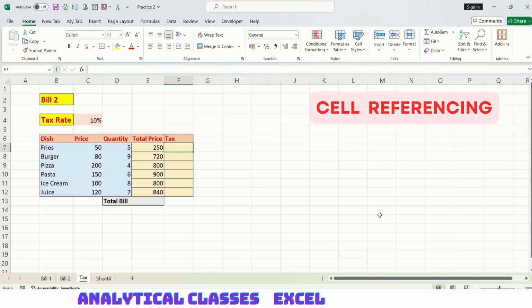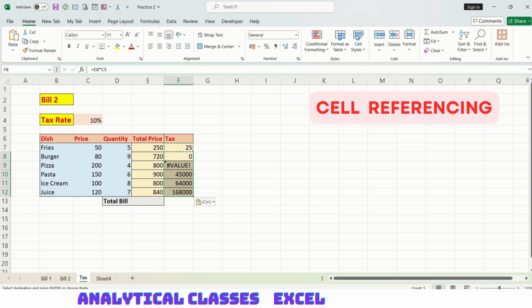Now coming to absolute referencing. In relative referencing, the cell used to move as we give the instruction. The cell understands how far the cell is which I have to calculate. But in absolute cell referencing, we fix the cell by entering a dollar sign. Let's assume I want to calculate the tax on this price. So I will multiply this with the tax amount and I will get the 25. And when I